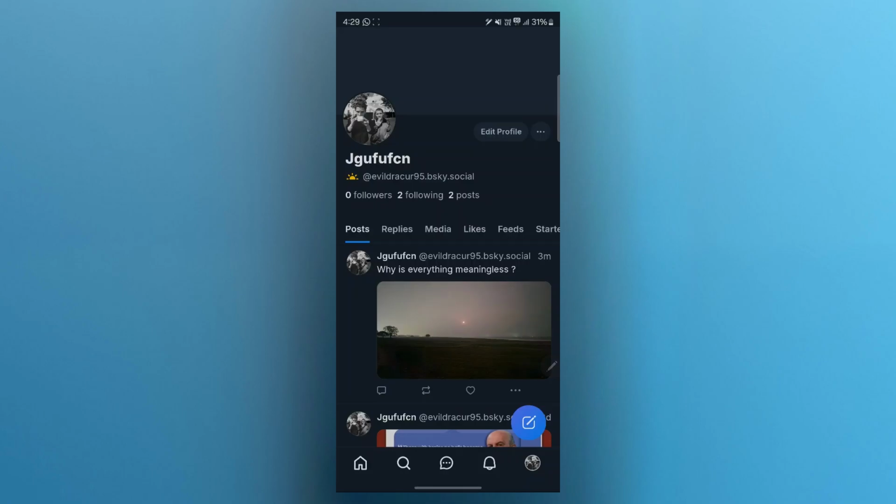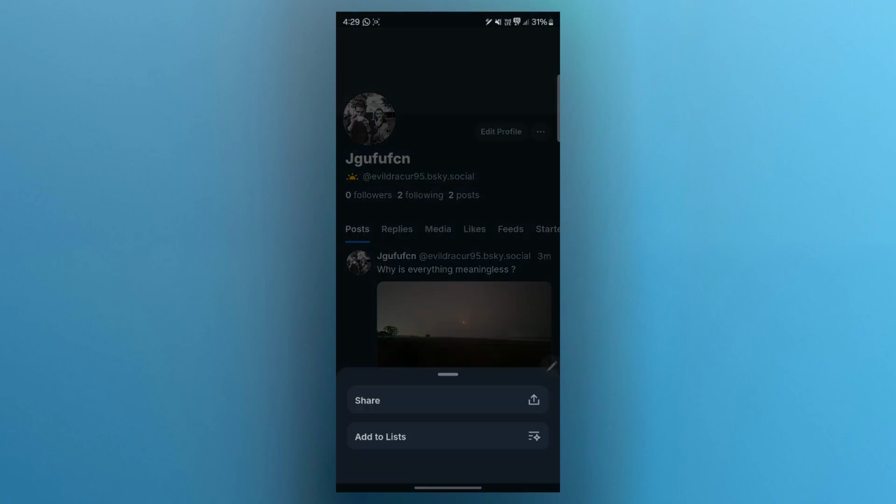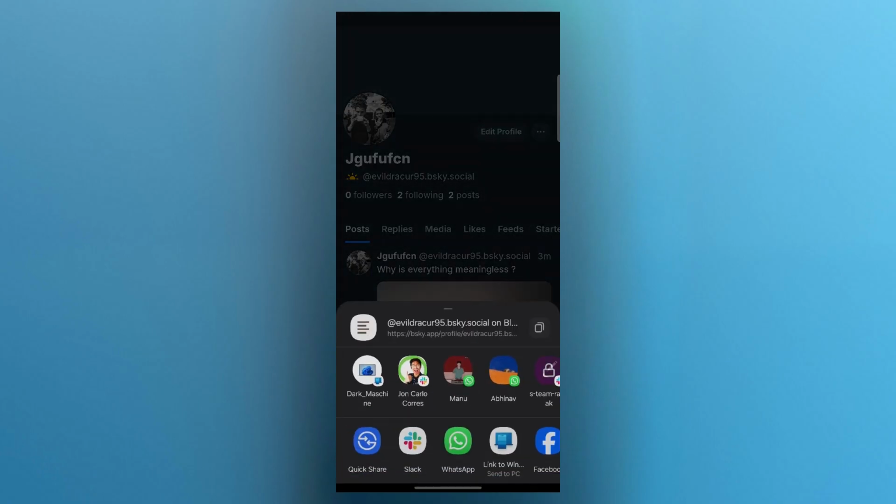Now, you will see this page where you'll have to simply click on the three-dotted icon at the right side of the screen. So the three-dotted icon will be appearing just at the right side of this edit profile button. Click on this three-dotted icon and it is going to show you this pop-up where it says share and add to lists. Simply click on this share button and it is going to show you some options at the bottom